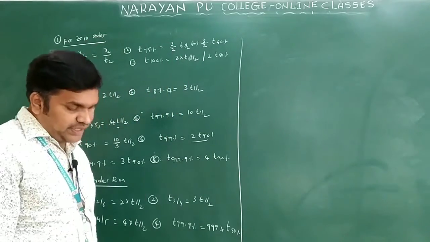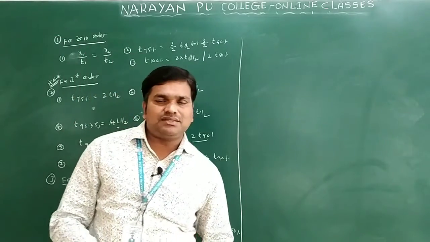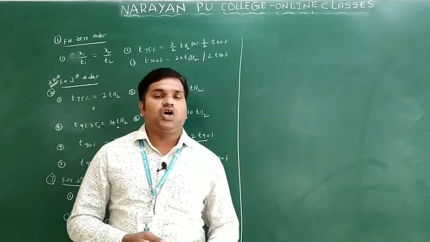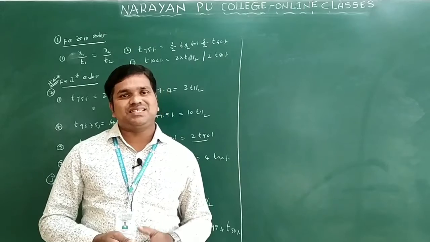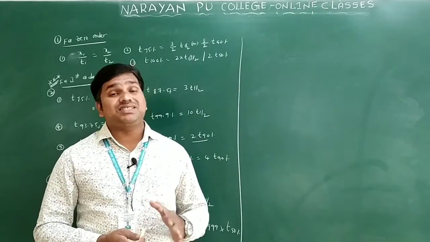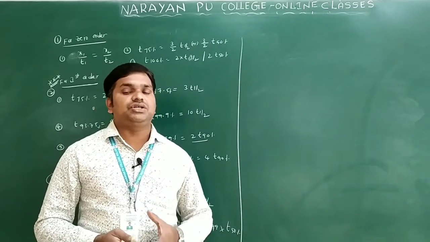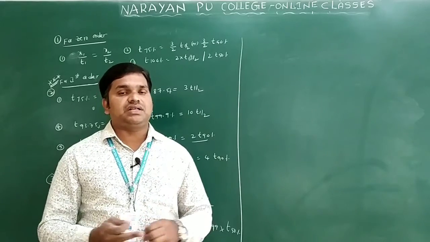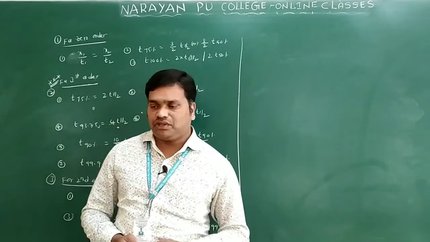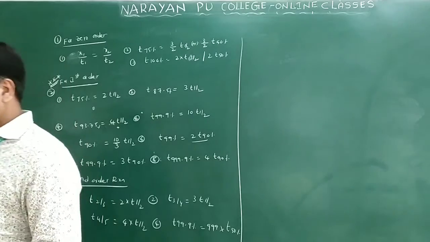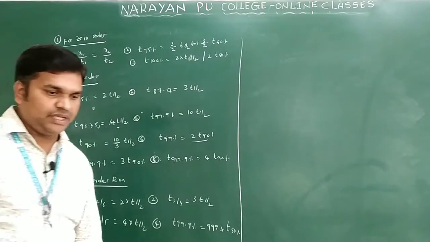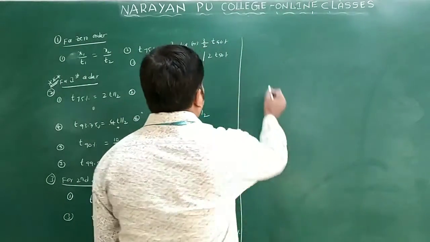Clear? Now we want to take, if the reactants participate in the reaction, how much is consumed? How much is left in the reaction? How much time is taken to complete the reaction? How will you get the half time intervals and all? We'll discuss, particularly for the first order reactions. Okay, I will write this one. For first order reaction, I write.